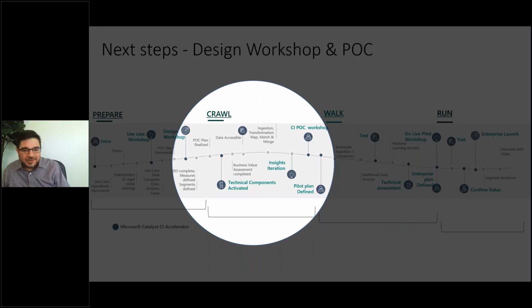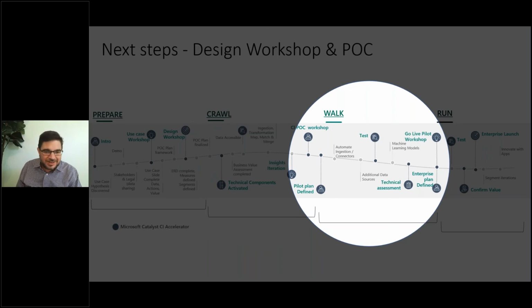So crawl piece, again, the map match merge function, which is the under the waterline. People don't necessarily, it's not the shiny new fun piece, but if you're in the data game, you understand the importance of that. The first insights iteration, building out that customer card that I showed earlier, those measures and segments and things like that. And then ingesting any other additional data sources. Like I said, in the crawl phase, you might just want to choose maybe your CRM and your POS, two sources that you know are institutionalized, you know them very well, you have that customer data, you know that for the most part it's cleanish. It's never completely clean, but cleanish,